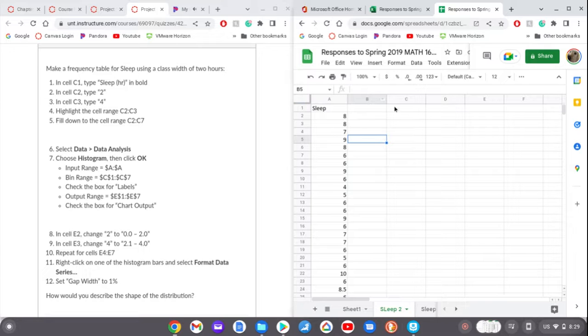So we're going to go to C1, sleep hour, 2, and then C3 is 4. You're going to womp, grab the bottom right corner down to C7. And you can see it went all the way down to 12. And then